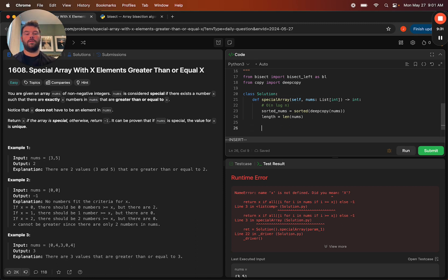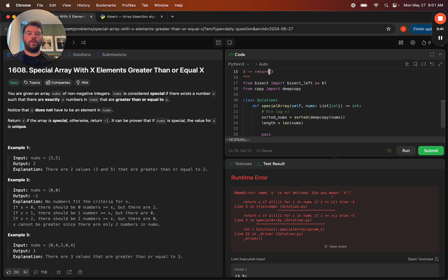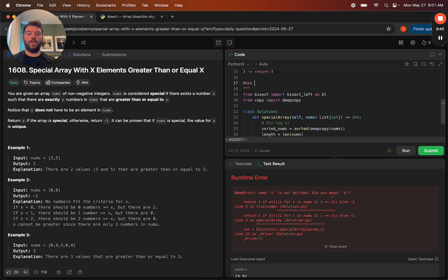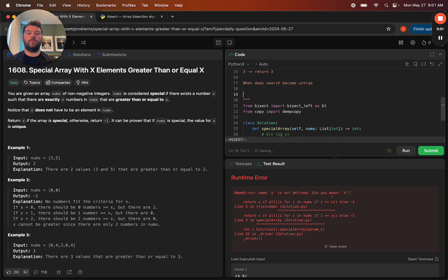So let's go back up here. The question is, when does search become untrue? So if you're looking for x equals 1, that means that your list has to be